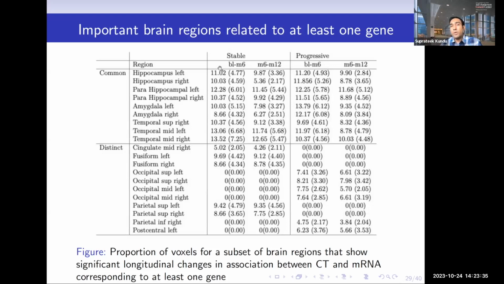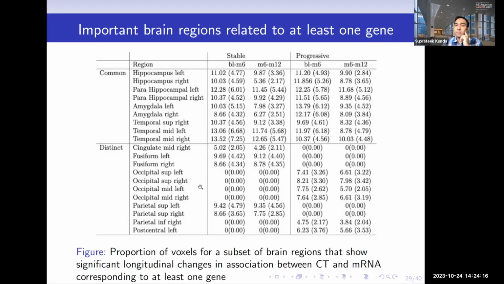So this in a way represents the magnitude of the image gene associations, and that represents the changes between visits. This is what we're really interested in, baseline to month 6, month 6 to month 12. What we see here is that for the second half of the table, you can clearly see that the brain regions that show non-negligible associations between the image and the gene are distinct between the stable and the progressive cohort. Remember, the stable cohort is the cohort that has stable cognitive performance across visits, and the progressive cohort is one that has sharply declining cognitive performance.